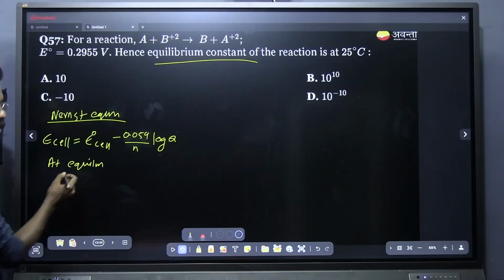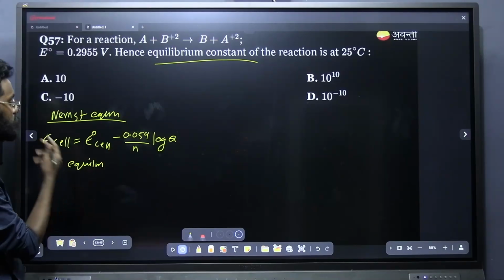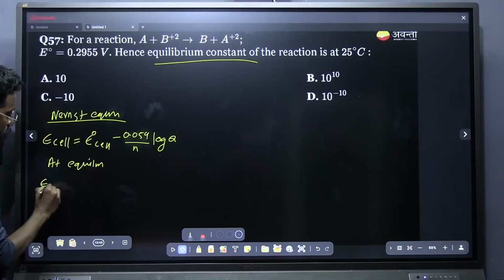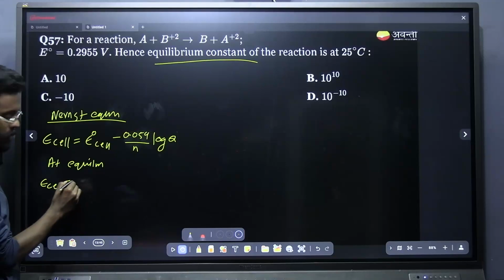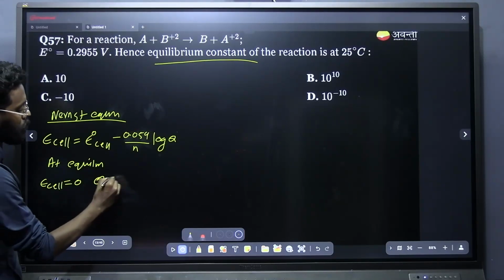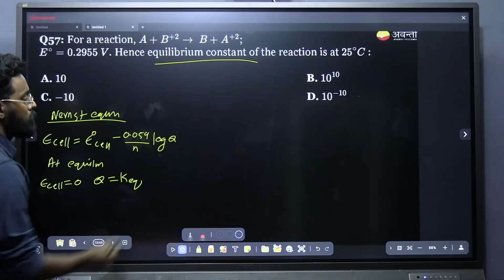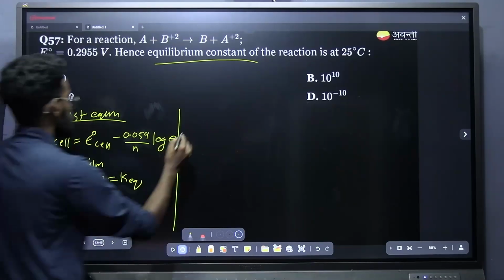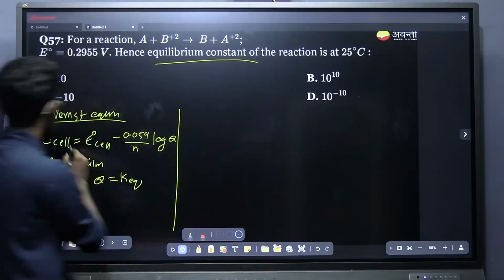Yeah, what is going to happen to the Q and E? At equilibrium, E cell is equal to, yes, very good, E cell is equal to 0. And what about Q? Q will be equal to K equilibrium, so it will be the equilibrium constant. So I can write the equation as E cell is equal to 0,